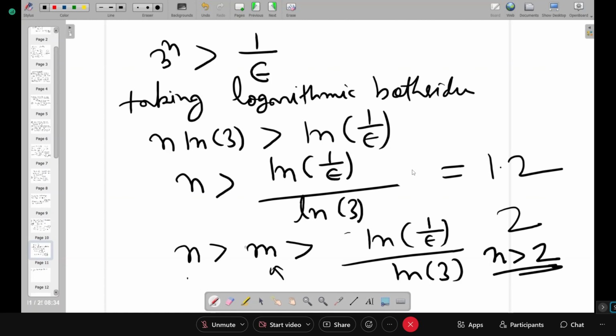Means for n greater than m, this sequence will converge. After n greater than 2, this value always lies in that interval, in the bounded above and bounded below, means in the interval L minus epsilon and L plus epsilon. In this interval always the value of the sequence will lie. If this happens,